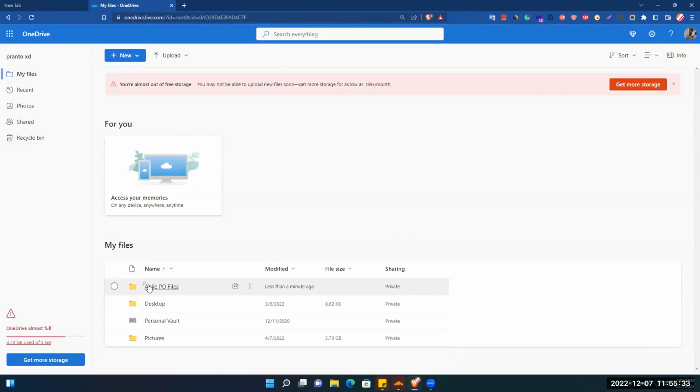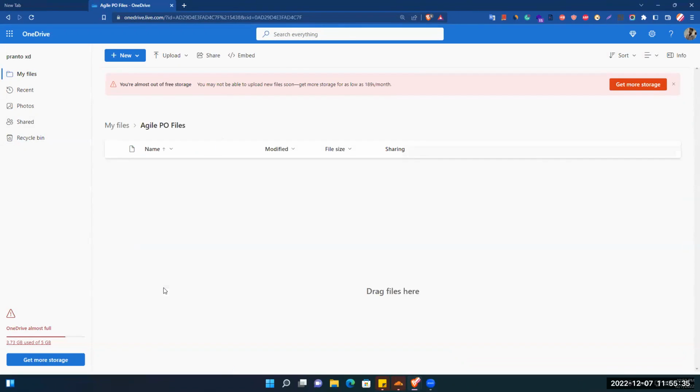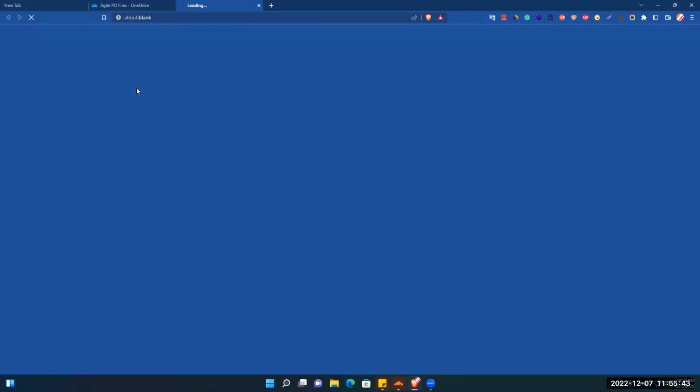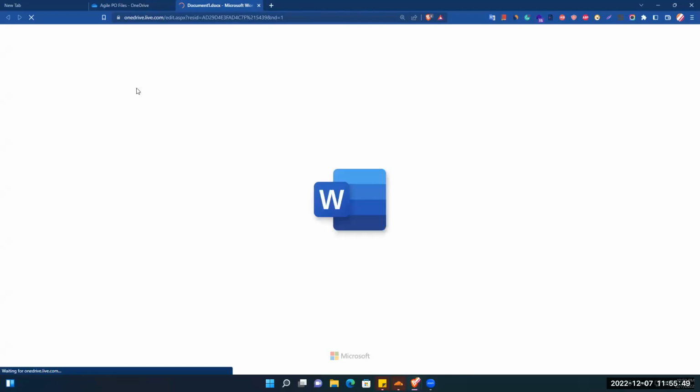Okay, so this is my folder, so I open this folder. After that, click on New, then click on Word document. It will open a doc file.